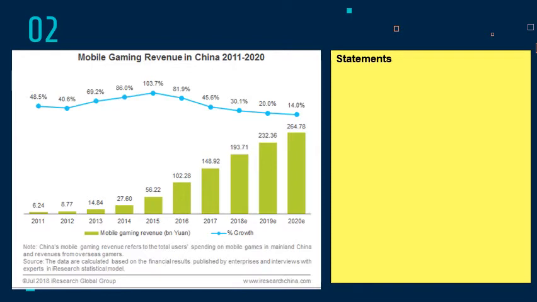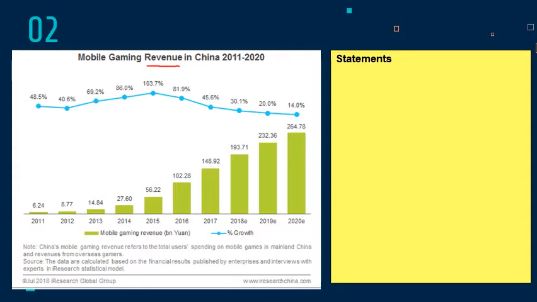Okay, here we have another gaming set of data, and this is mobile gaming revenue in China between 2011 and 2020. So revenue refers to how much money has been earned, and this is how much money has been earned by mobile games for mobile phones or smartphones in this time period, 2011 to 2020. Now, this is an interesting data display because it actually has a column graph element with the green columns, but it also has a line graph element here, which is